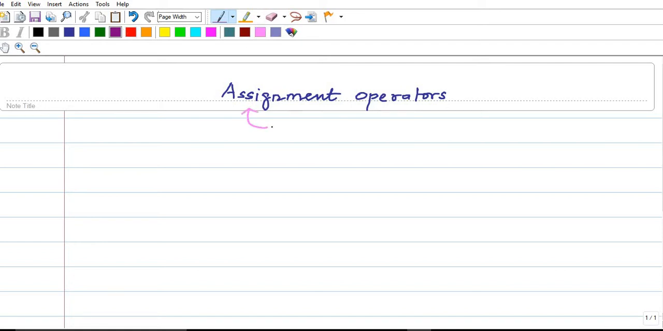Basically, assign value or values to variables. We'll discuss what are the assignment operators available. Okay, so the first one,